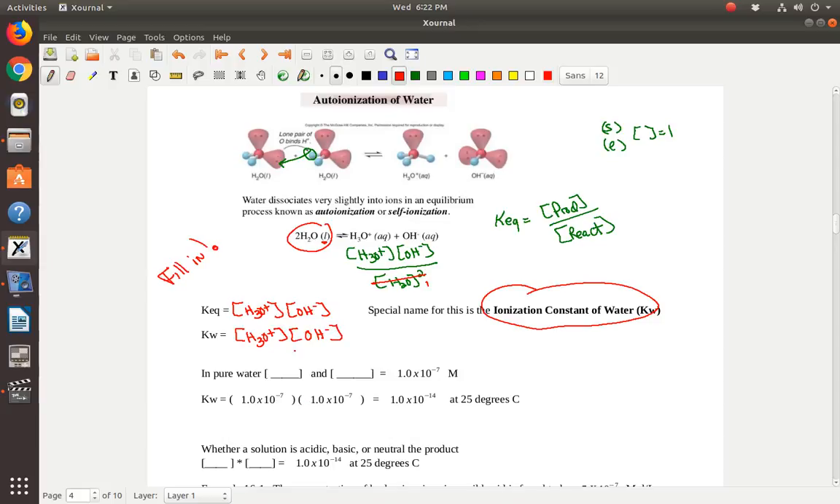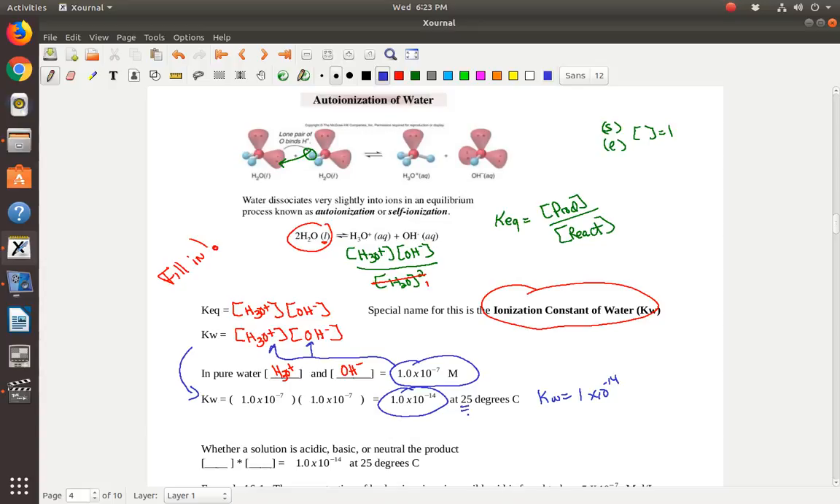Alright, in pure water, the concentration of the hydronium ion and the hydroxide ion are both 1 times 10 to the minus 7. So, if I put this value into the formula, that's what I get down here. 1 times 10 to the minus 7 times 1 times 10 to the minus 7, I get 1 times 10 to the minus 14. So the Kw is always 1 times 10 to the minus 14 at 25 degrees Celsius,